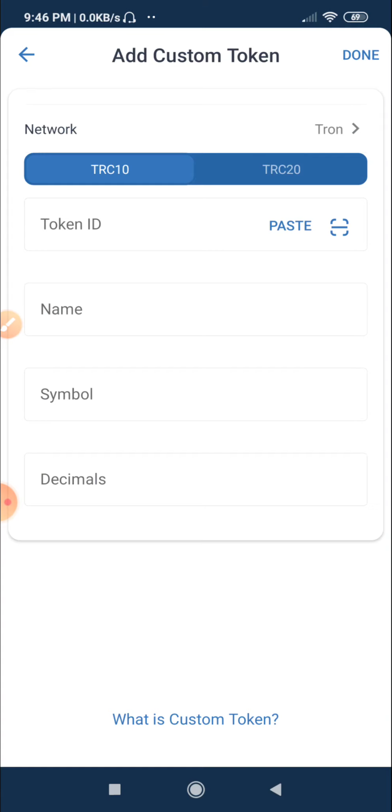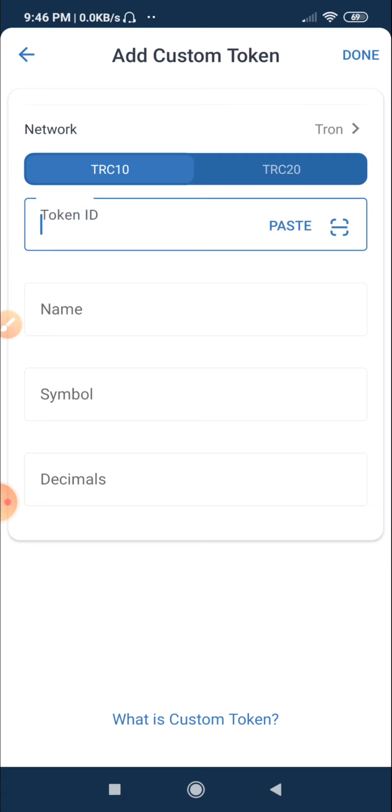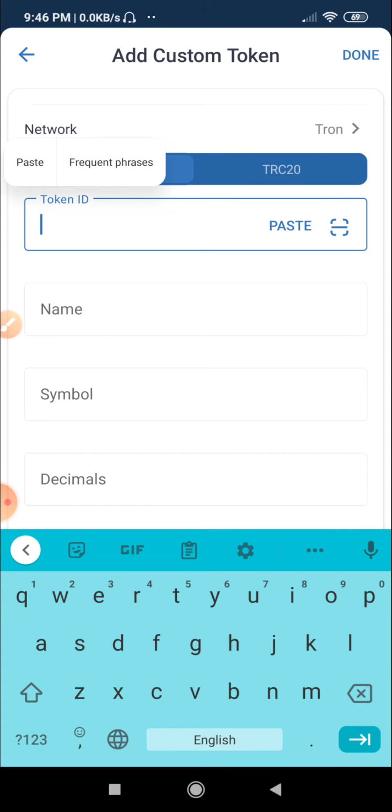I will put every necessary thing in the description. So from the description you have to copy the token ID and paste it over there. As you see, the PHTG token ID is 1004130. Also I will put a link in the description where you will get the complete thing you need to know